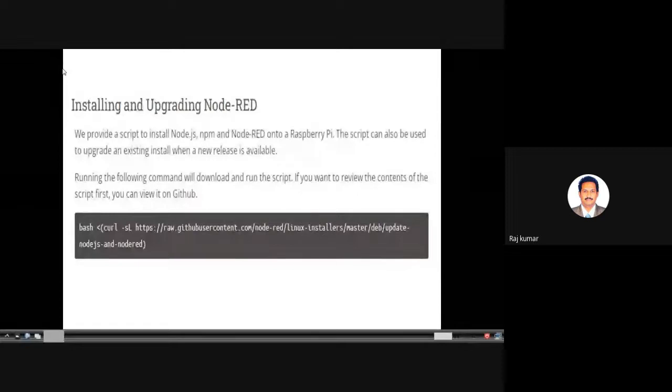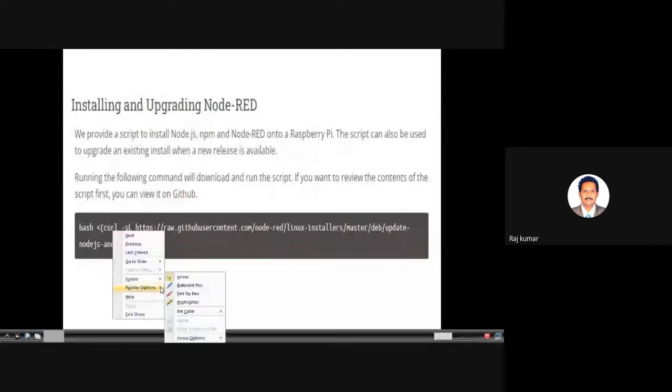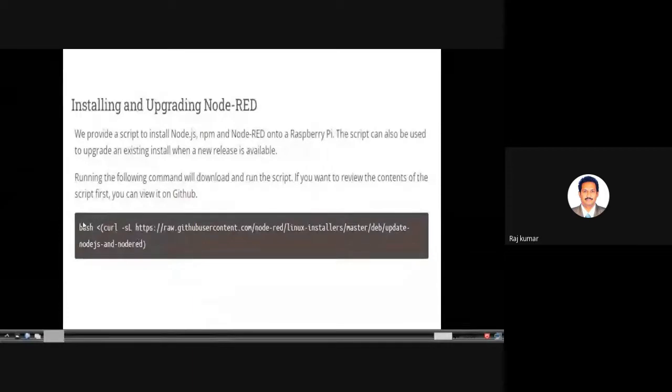First and foremost, go to the terminal. In the terminal, type this command: bash. See, here I am showing. Yeah, so this bash command.